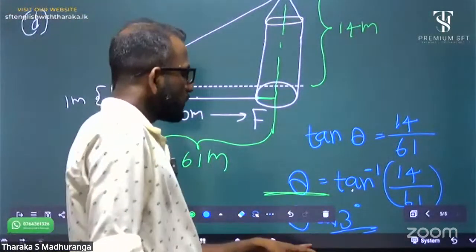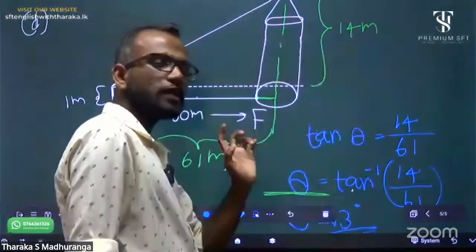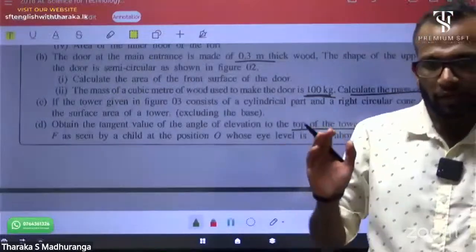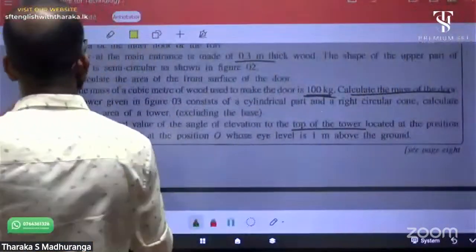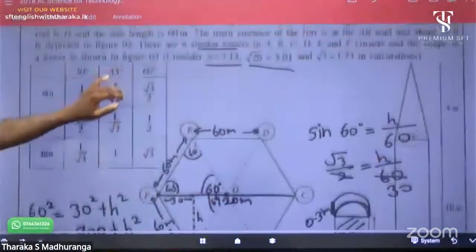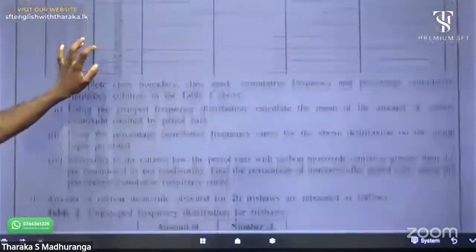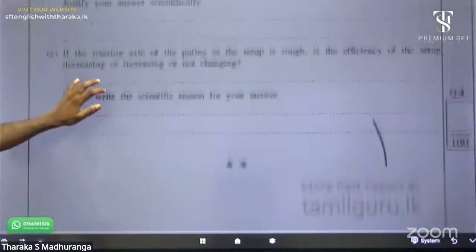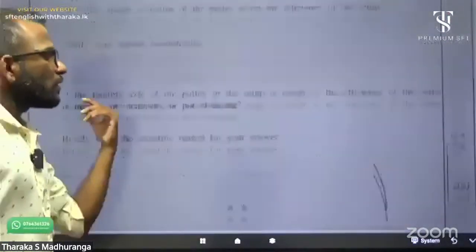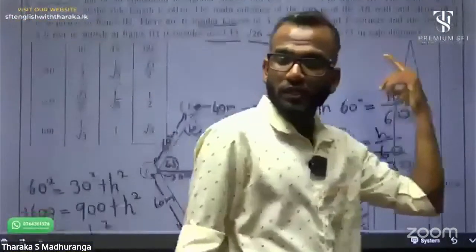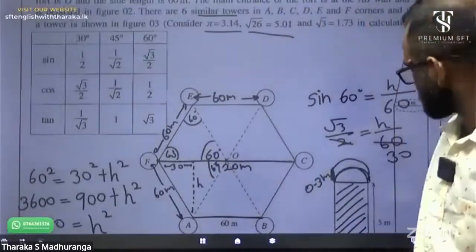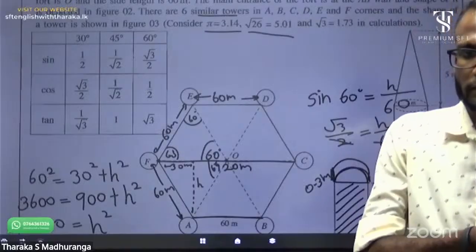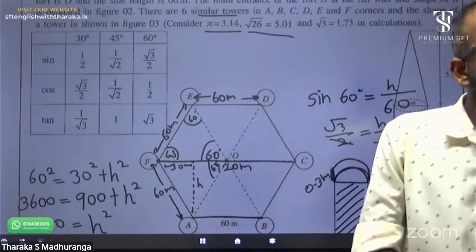Okay, that's the end of the 2018 essay question, maths question. Like this, let's complete all area, volume, and coordinate geometry. Let's discuss all questions one by one every Saturday. Any doubt on this question? No. Then let's